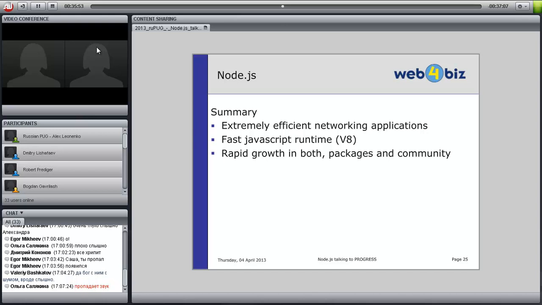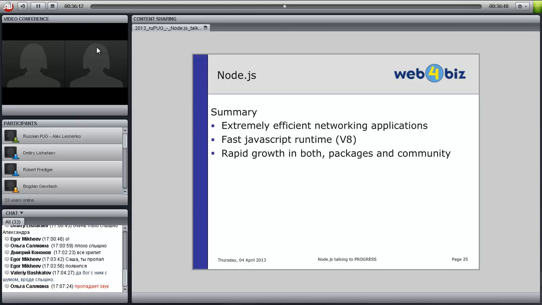They switched last year from Ruby to Node. And before with Ruby, they needed 30 servers for all of the mobile platforms outside.